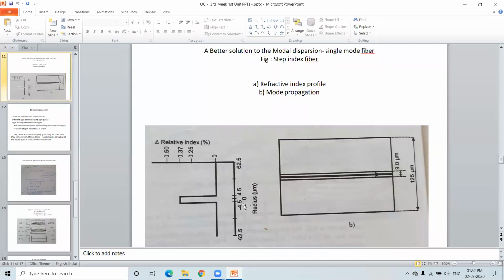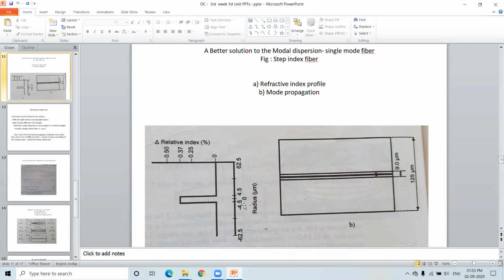But ultimately, they found that they were still getting somewhat lower power or a lower possible bit rate. Of course, that is better than the graded index and better than the multi-mode step index, but still reduced. They researched and found that though it is single mode, a dispersion is still taking place. That is nothing but chromatic dispersion, which we will see in the next class. Chromatic dispersion is also a cause for reducing the bit rate or increasing the pulse spread.